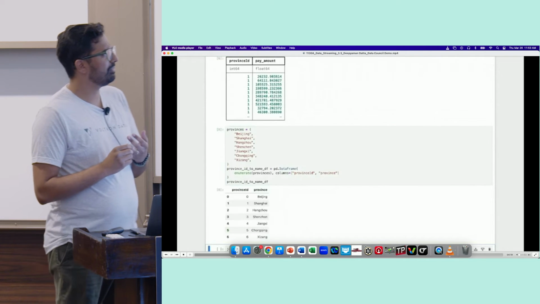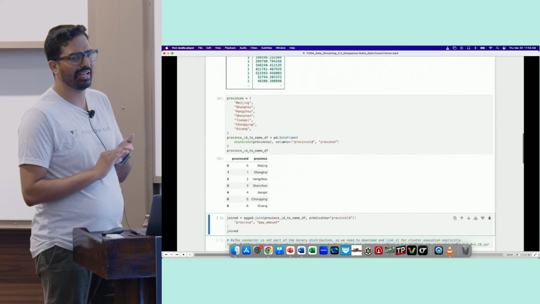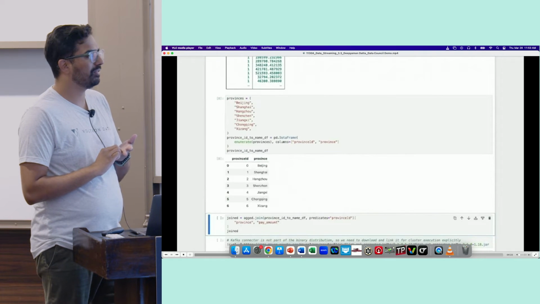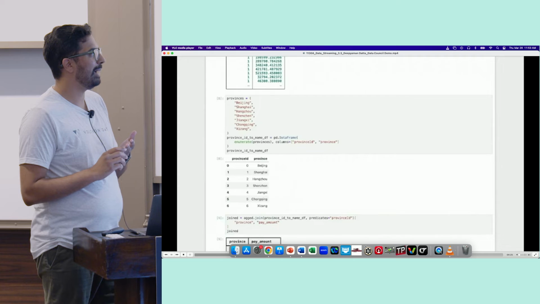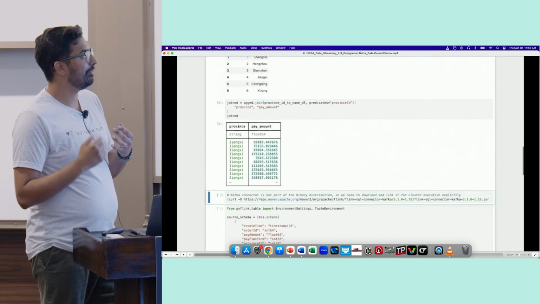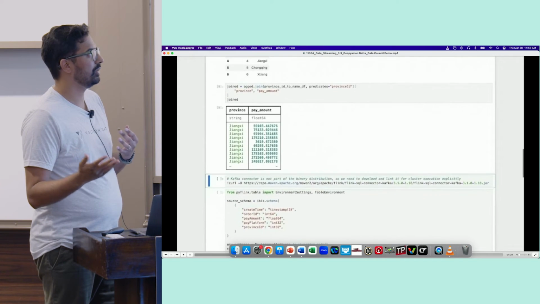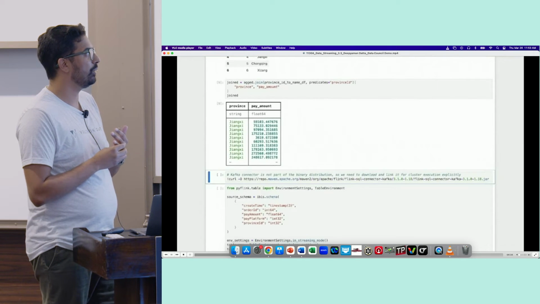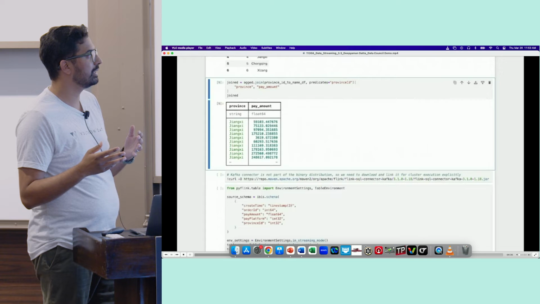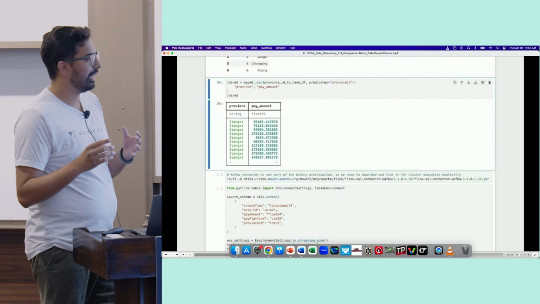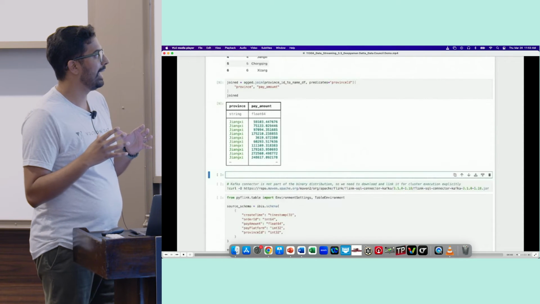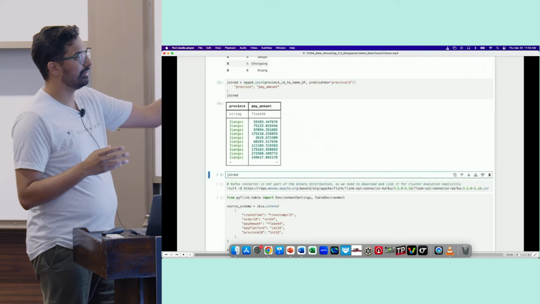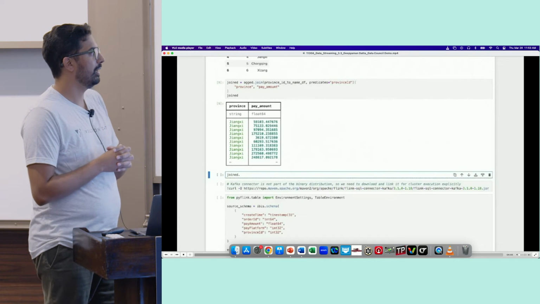Maybe I don't like the fact that the province IDs are all numeric. I'd rather map it to what the actual province is. So I can create a pandas table, for example, and that will create an in-memory table for us, since Ibis has a concept of memtable, and I can join that, and you can see that getting populated here.